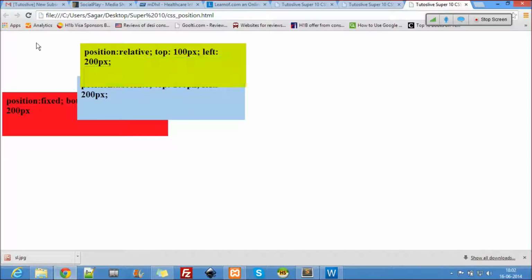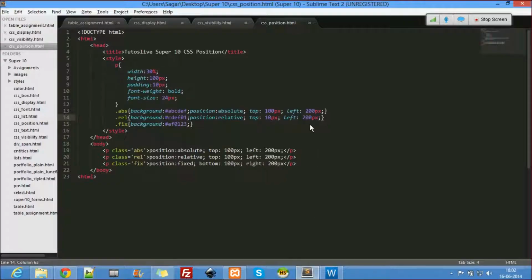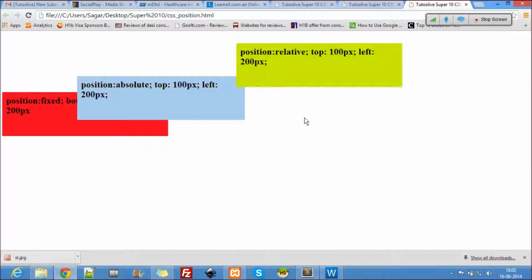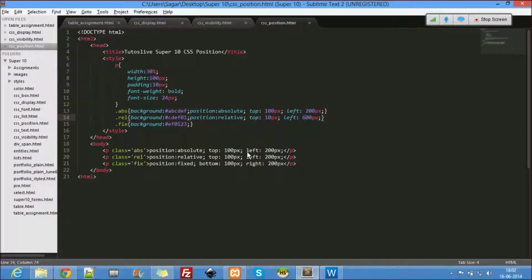This is relative. What happened here is, from top it has moved 10 pixels and from left it has moved 200 pixels. Let me give it as 600 pixels left. So it will move relative to its current position. This is 600 pixels from left. Let me just change this to 10 and 600.